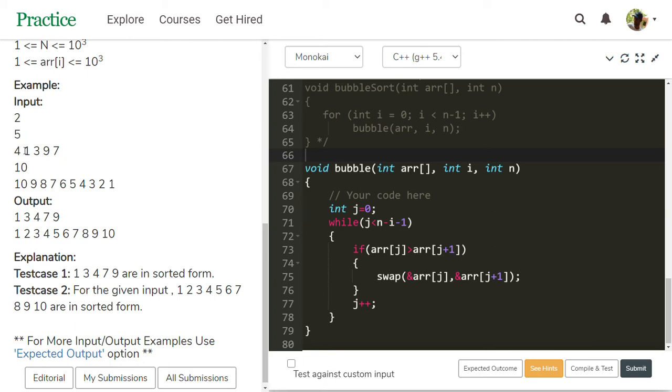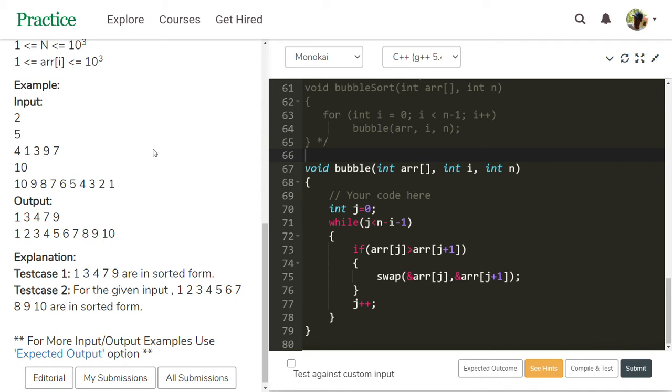In every case, the largest element will move to the last position. In bubble sort, every adjacent element is compared with its adjacent, and the larger one is moved to the last. This is the idea about bubble sort.